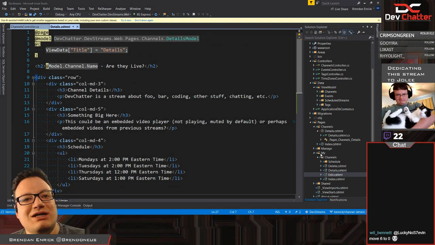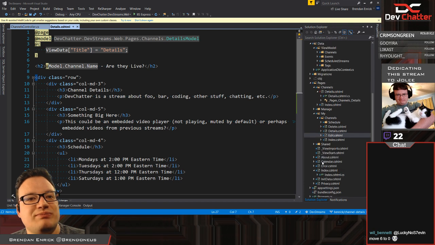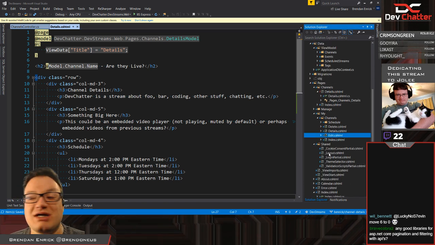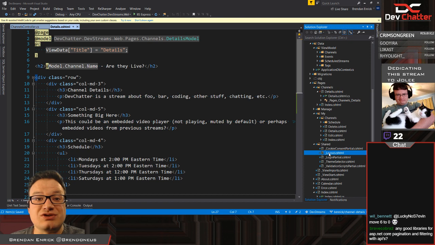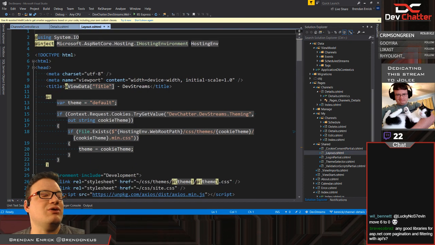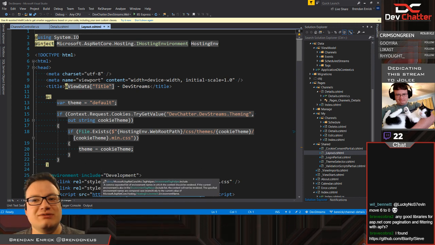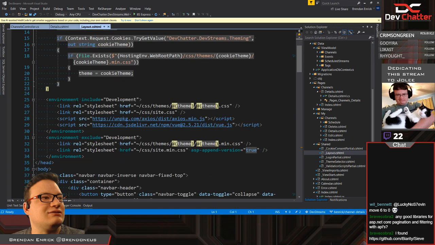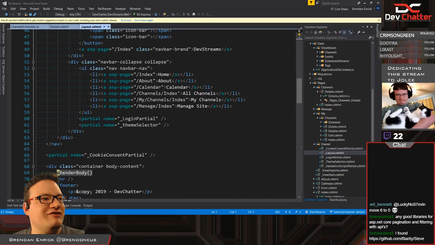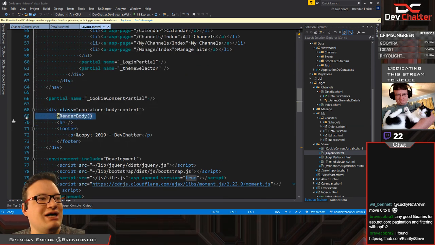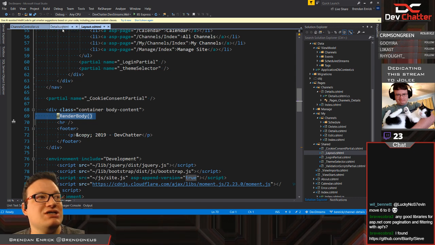What it's going to do when I do that, for anyone that's new to ASP.NET Core's way of doing Razor syntax, essentially what's going on is there is this layout page that all of my other pages are using, all my views are using, and in these we've got a render body that is going to insert in whatever my page is that I'm on.